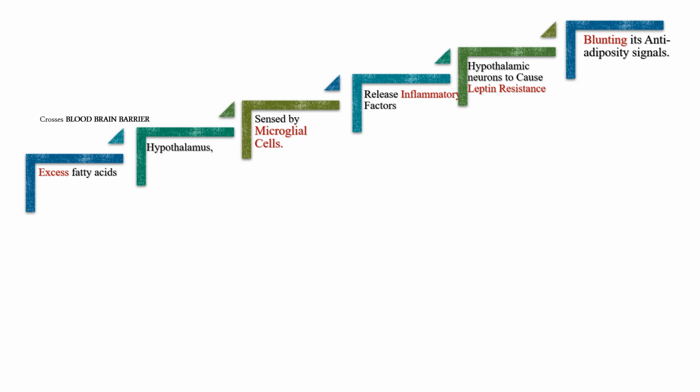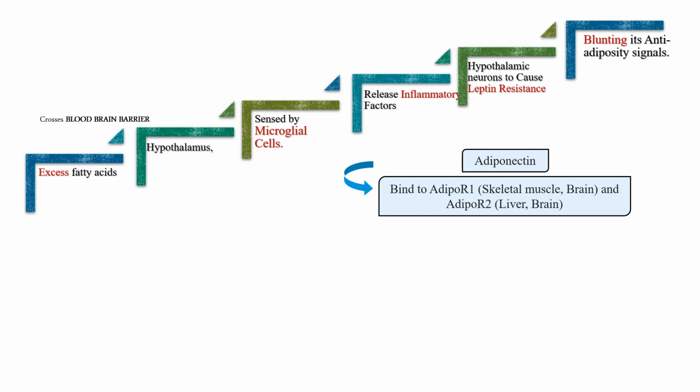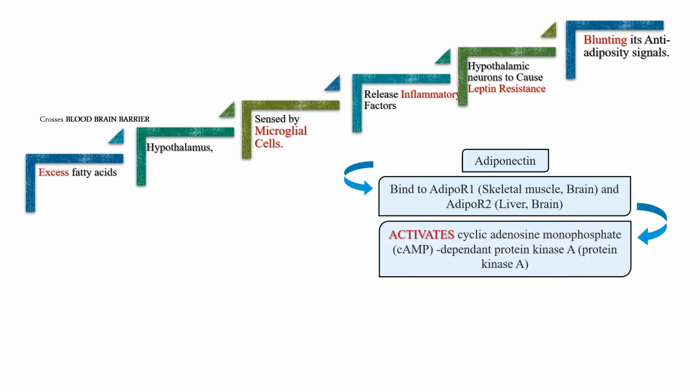Now, what happens to adiponectin? Adiponectin will bind to the AdipoR1 receptor or AdipoR2 receptor based on the location. R1 is present in skeletal muscle and brain, and R2 is seen in liver and brain. When adiponectin binds to these receptors, it will activate cyclic AMP dependent protein kinase A. Upon activation of this, it will lead to